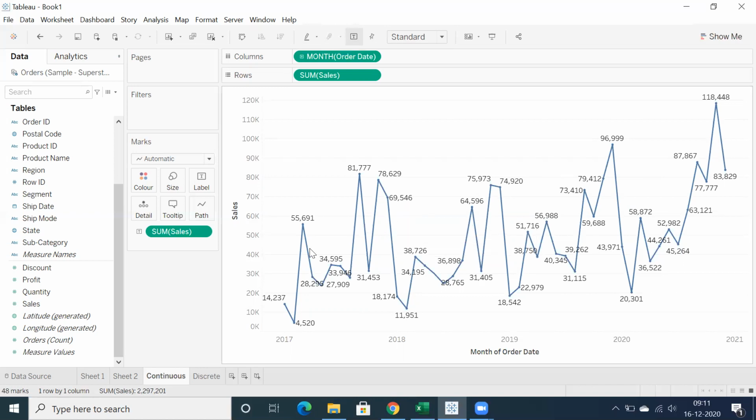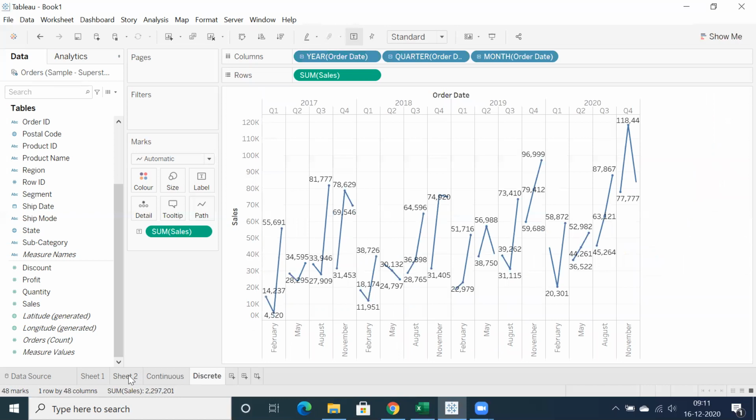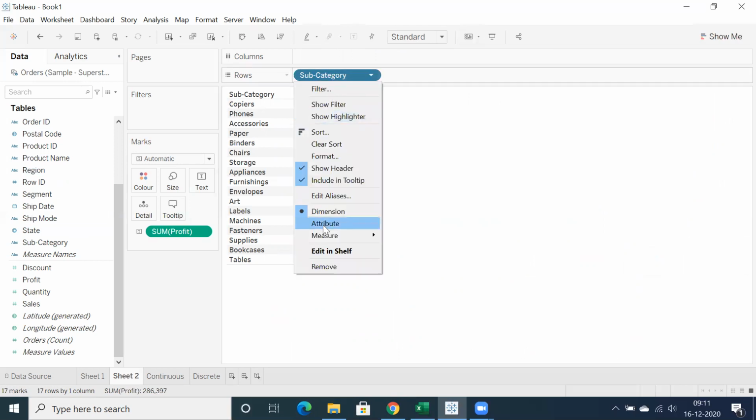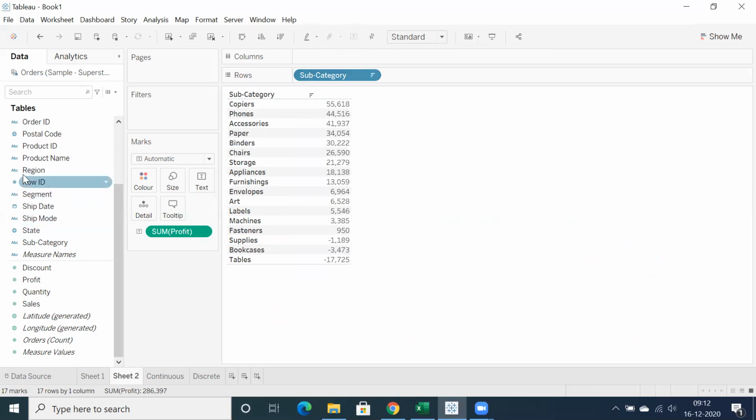This was one of the best examples where we can differentiate discrete and continuous. But the example I have shown here is one of the advantages of using discrete and continuous for a date field. But we don't convert subcategory into discrete or continuous. This is a text field. Date field, we can do that.